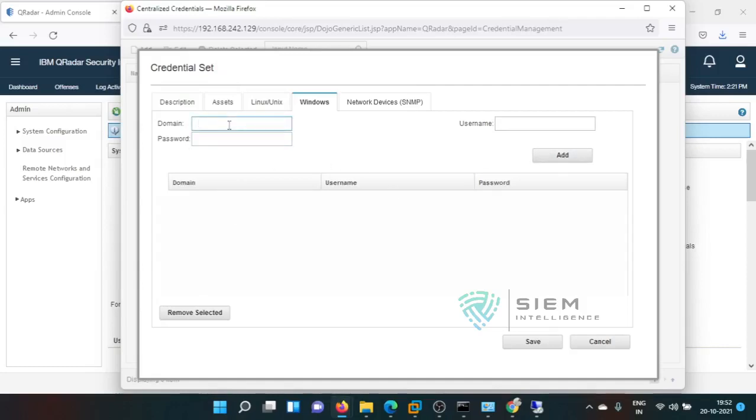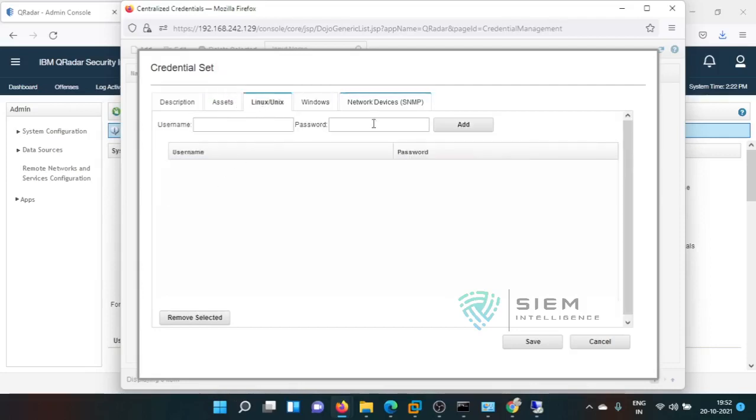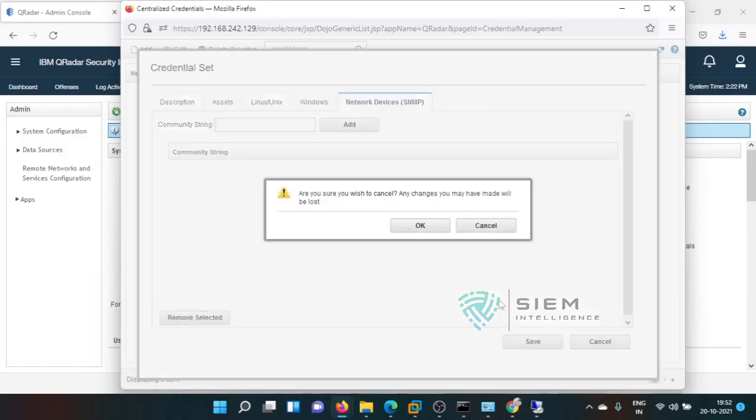So if you can select some ibm.in, and if you have any Windows related password, see, a service account is there, something like you have a service account SA underscore QRadar, you might have created. If you have the password, just add it. This will be helpful whenever there is adding of, or you can say Windows authentication requires, it will use this. For Linux and all, it will use this, and for the network devices and all, it will use this directly. So this is what the centralized credential is.